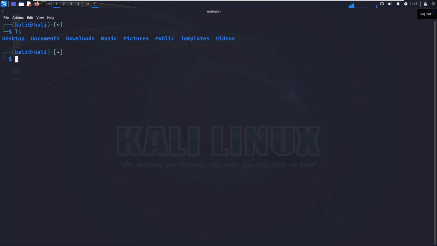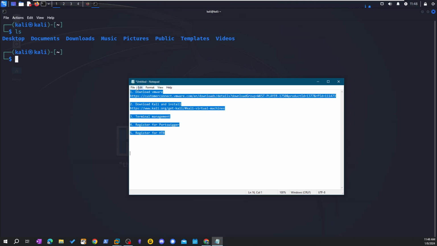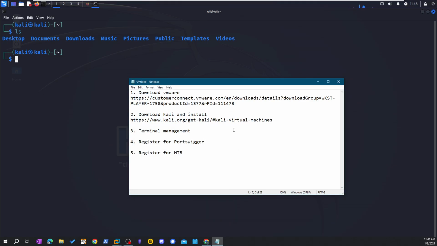Okay, terminal management. Let's make it bigger, increase the font. Better. Yeah, terminal management. So for terminal management, the very first thing you can do is